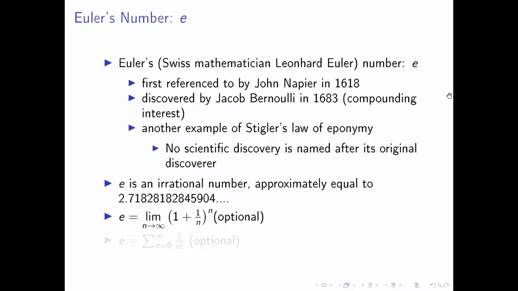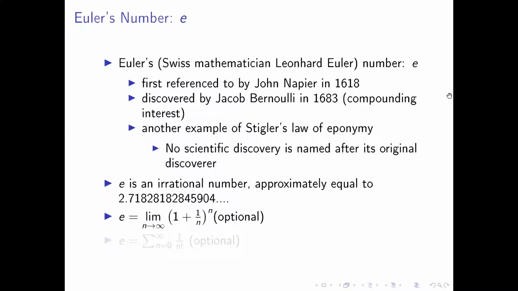The first is e is equal to the limit of the function 1 plus 1 over n, so the addition raised to the power of n. And here, n needs to be a positive integer. And this formula, 1 plus 1 over n raised to the power of n, comes from